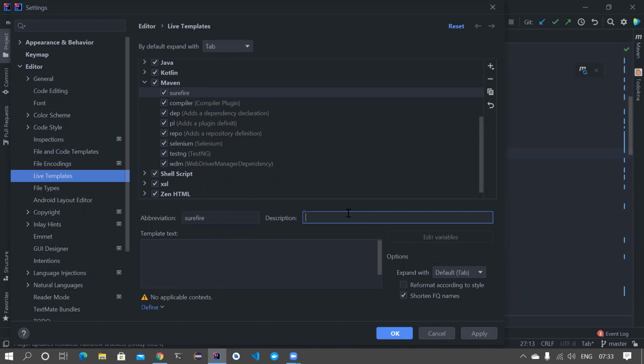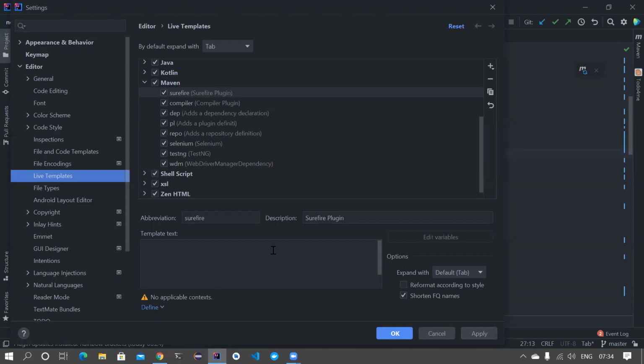Because I don't want to write this code again. I can go to Google and search, or go to some other projects and search, but that involves a lot of effort. I don't want to do this. As a good coder, you don't want to move away from the IDE. If you move away from the IDE, you lose your focus in coding. So let's try to do everything within the IDE. So, Surefire plugin.